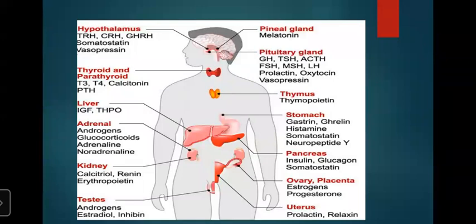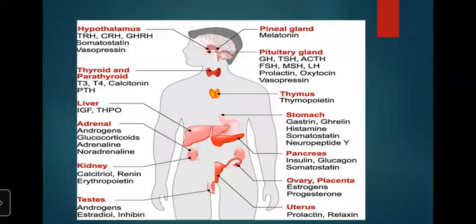Now, the ovary in females is present on either side of the uterus. It secretes estrogen and progesterone. Estrogen stimulates growth of the endometrium and growth of sexual characteristics in women. Progesterone prepares the endometrium for conception and maintains the pregnancy. Testes in males are located in the scrotum. They secrete testosterone, which stimulates growth of secondary sexual characteristics like beard, mustache, hoarse voice,